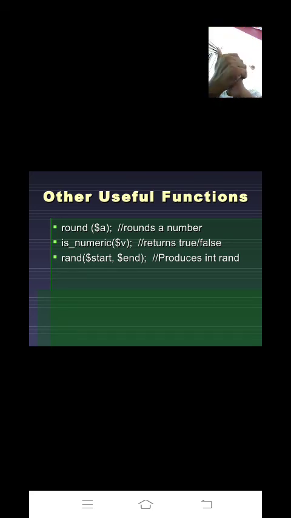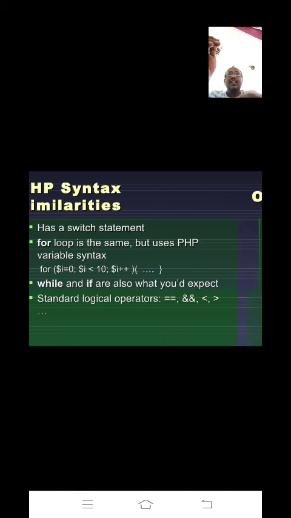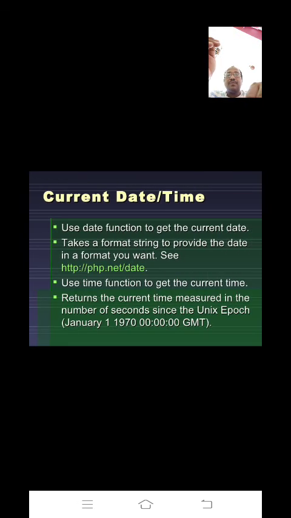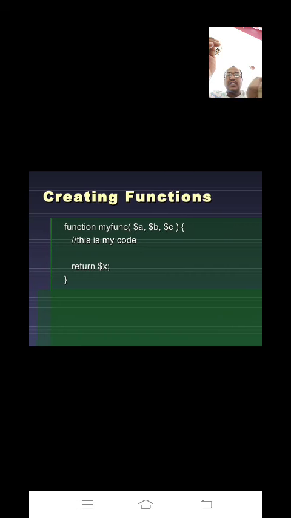If $u is an integer, you will get true. If the $v value is other than an integer, you will get false. Next is rand($start, $end), which produces an integer and is generally used for mathematical purposes. These are some other useful functions in PHP.